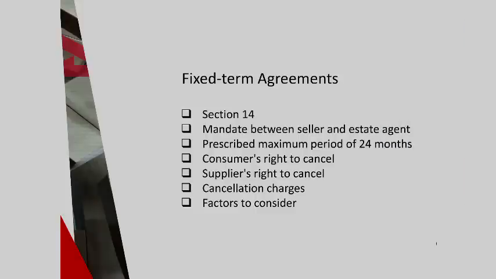So if your agreement states that the consumer has to give 3 months notice before cancelling the agreement, well, you can now give a shorter period of time, 20 business days. A similar option is available to the supplier, but only in the case of a material breach. If your breach clause states that you have to give a longer notice period, that's no longer the case. You can also give a 20 business days notice for cancellation of that contract.